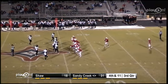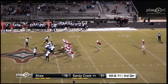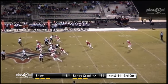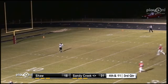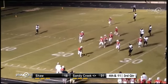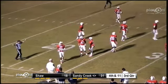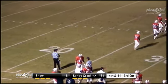Levante Williams back to receive the punt for Shaw. Back to his 5 is where he stands. As McMillan looking to punt this one away, plenty of time, puts it up in the air. Big high one, going to take a Shaw bounce, though, back to the 24 as he brought that one back just a little bit as they'll take over 1st down and 10 on their own 24-yard line